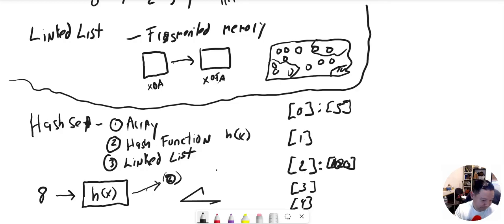Well, I've talked about this, but I have yet to talk about this, and I'm going to start talking about it now. What's going to happen is we're going to form a linked list,